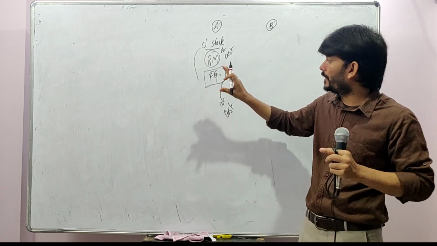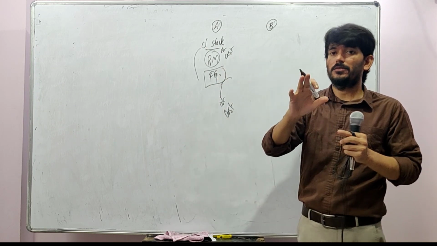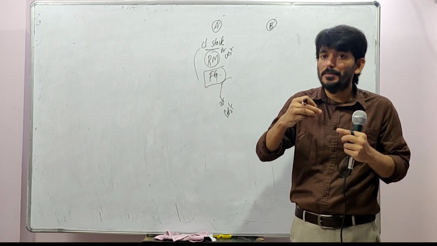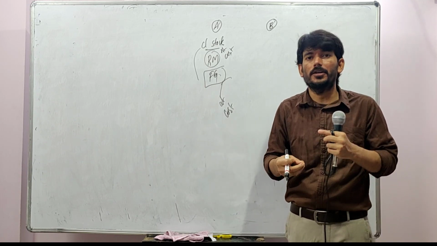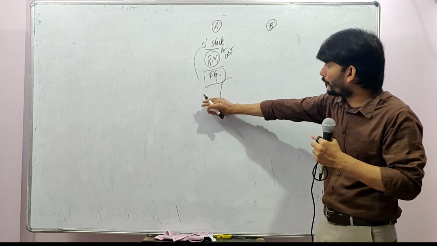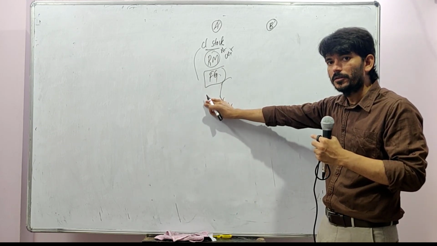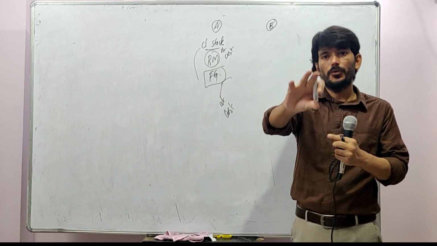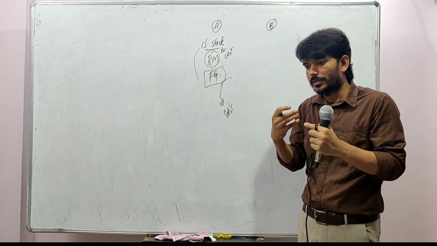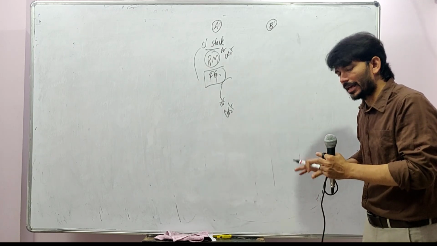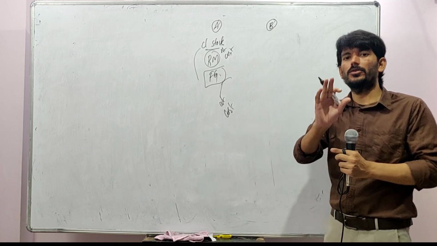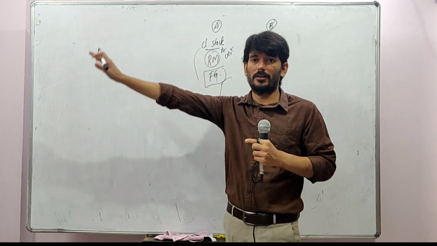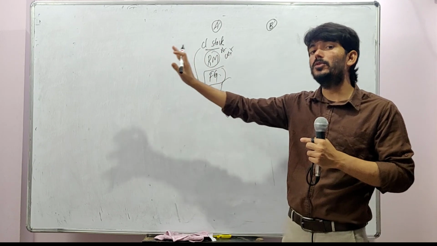But if that finished good is transferred by me, I am transferring it to you. When I am transferring, I might be adding some loading in it, some profit in it. So your closing stock of finished goods is having some profit, so that I should eliminate. The same way, you have transferred some goods to me. That good is lying in my closing stock. Means there is an unrealized gain. So that gain you need to remove, not at an individual level, at a consolidated level. This is the theoretical part of it, but we will not be talking the theory part. We will be solving with the numbers.